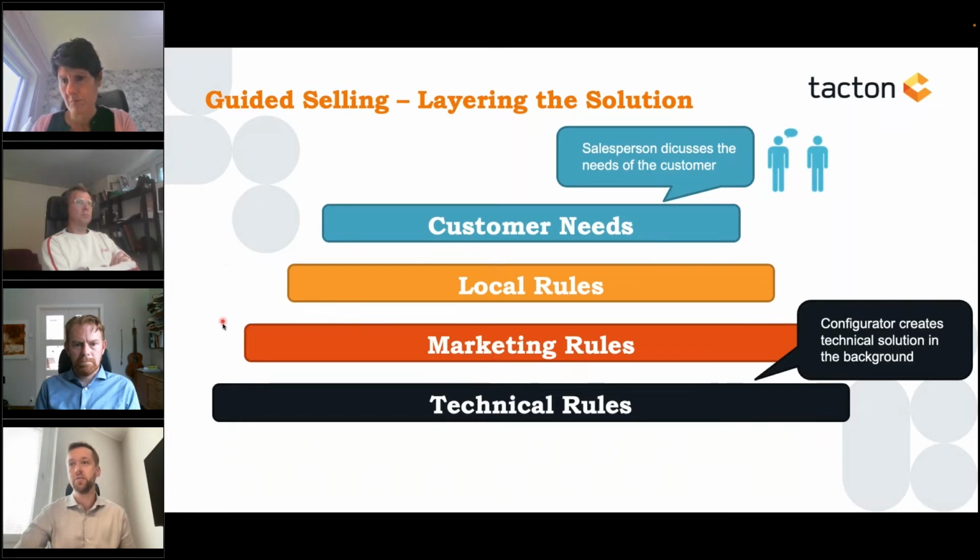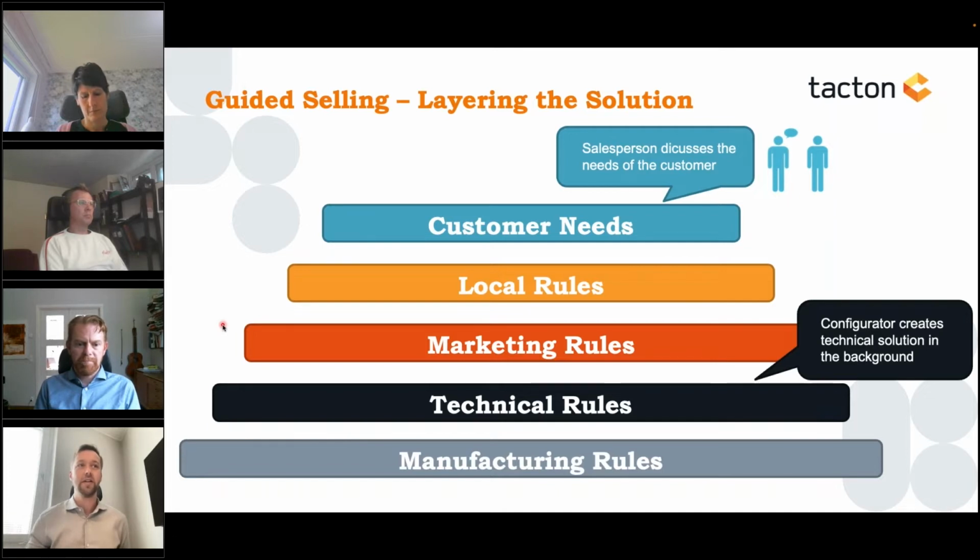And this is what you need for selling most of the products we deal with. But to look at the full end-to-end process, there is one more layer to this, which is after you've sold it, you of course have to manufacture and ship the product. So you have to have your order execution. And that, in the case of a configurable product, can come with a set of variable manufacturing rules. So that would be ordering of materials, the welding of parts together, the machining of things in CNC machines, and